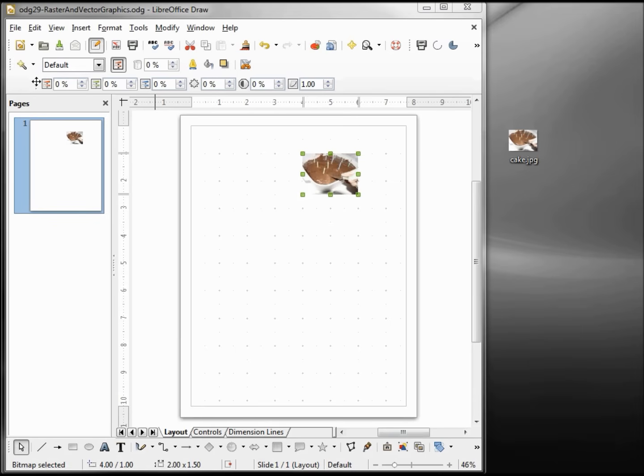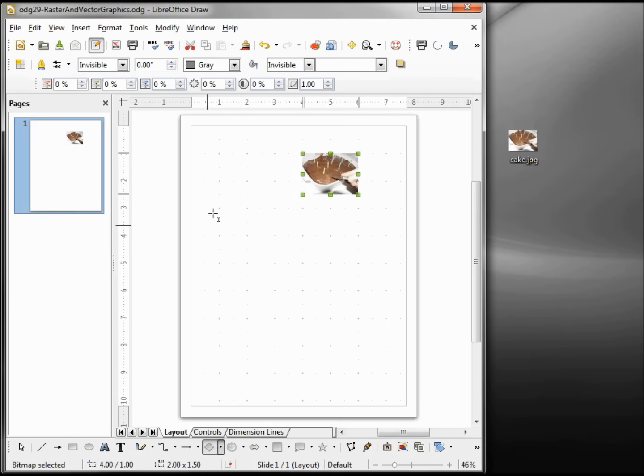These toolbars were covered in detail in the Writer series, Writer Tutorials 66 through 78, so we're not going to repeat that, but we may revisit a few things, but only to the point of how they apply to the new topics. I'm going to place a rectangle on the slide.